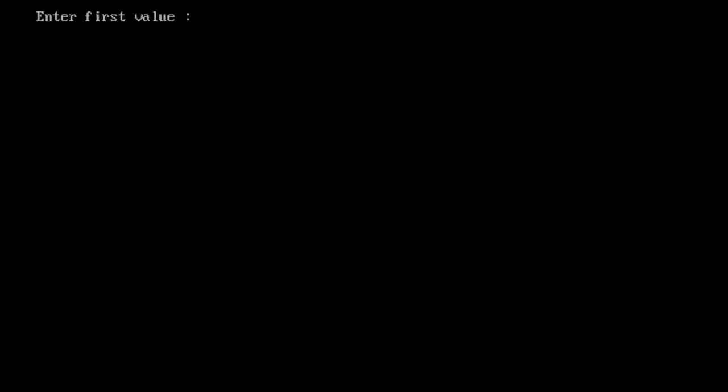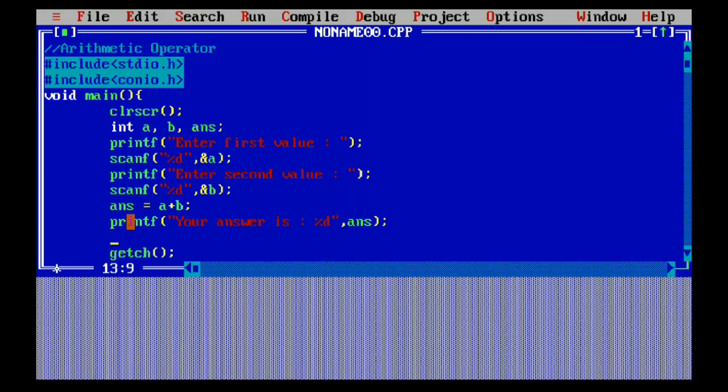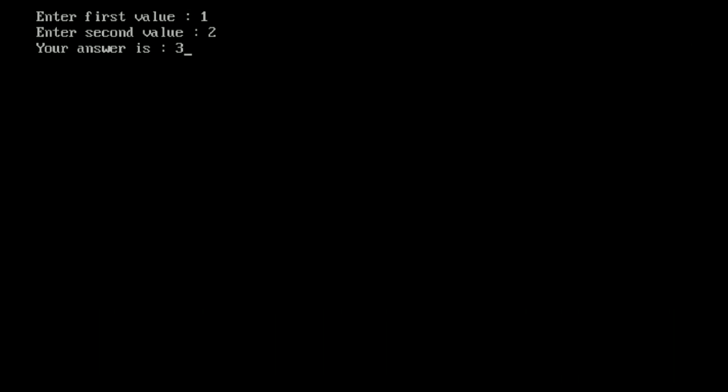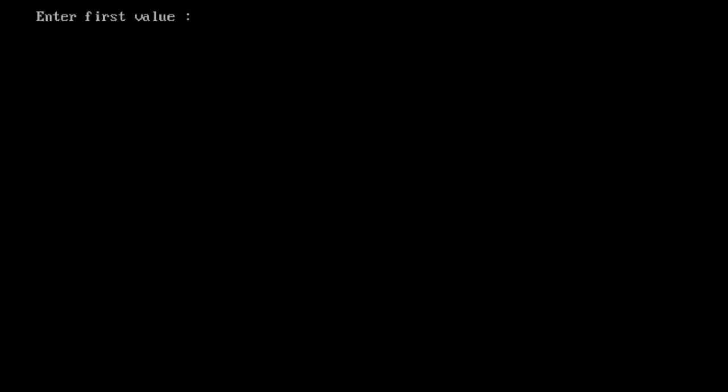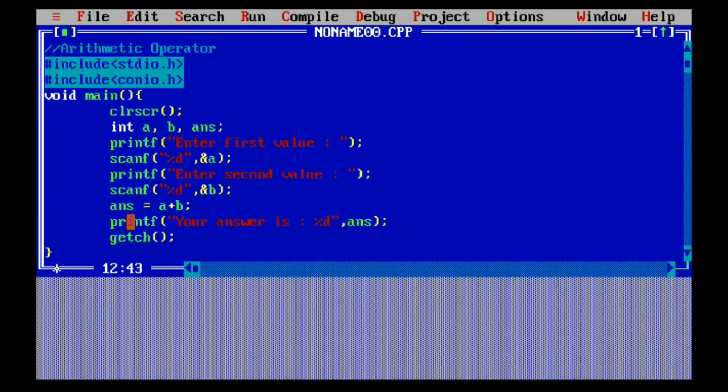You can see it is asking for first value, second value, and on enter it will show the output 3. So let's rerun the program and check with different values. 4, 5, the answer is 9.